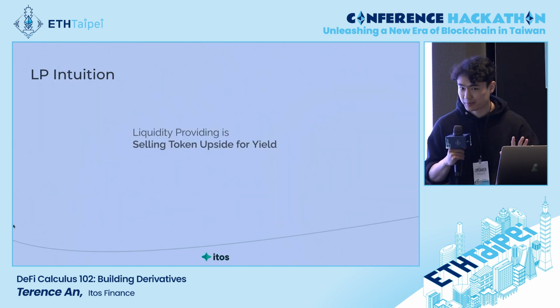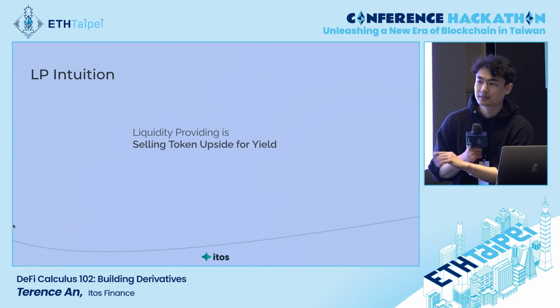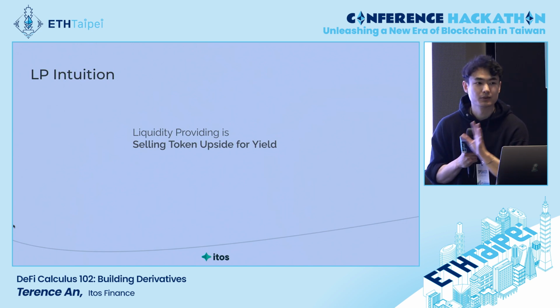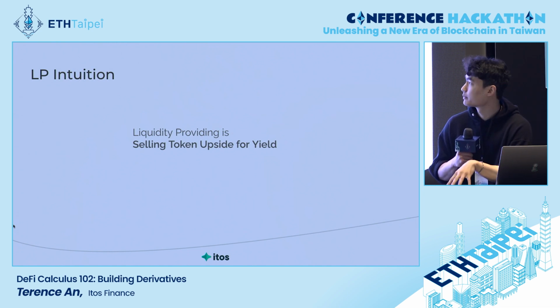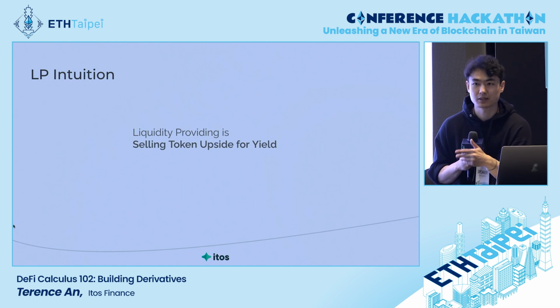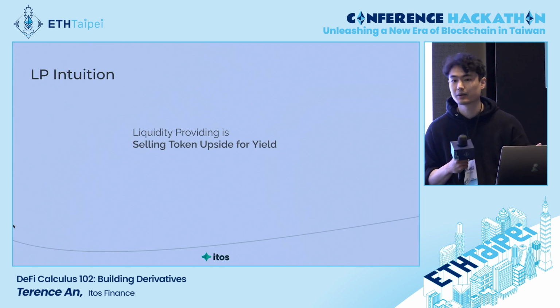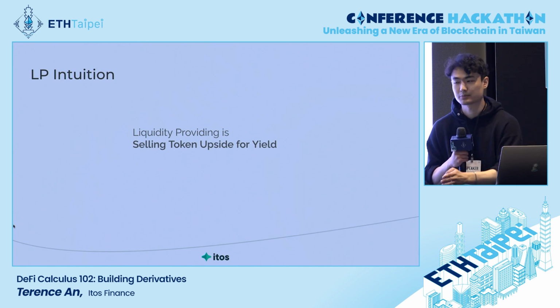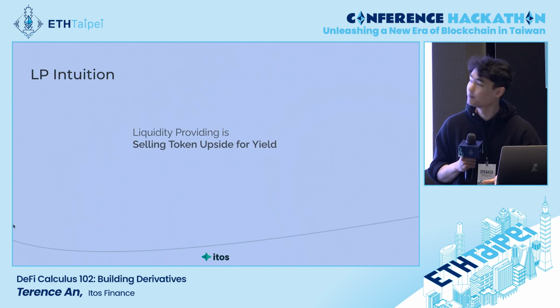So before we begin, here's my quick recap of AMMs and LPs. It doesn't matter about the market making. It doesn't matter about the range. Forget all of that. The simplest explanation of an LP, a liquidity provision position, is you sell the token upside for yield. That's it. In the future, we might design new AMMs, like Josh has different curves. All of them have one fundamental property, and that is you are selling your upside for yield.